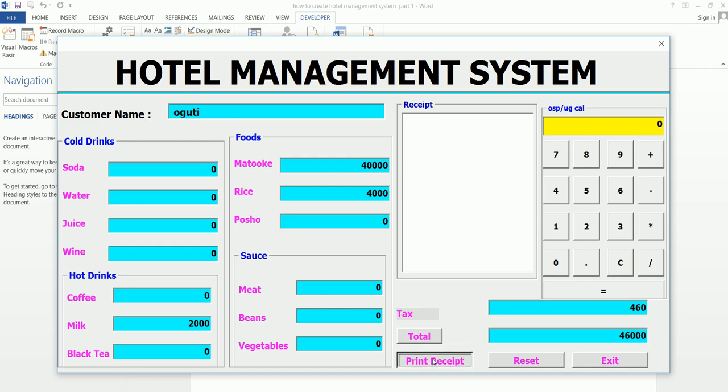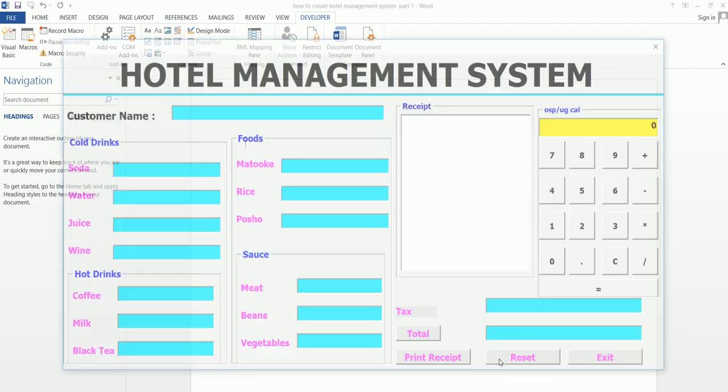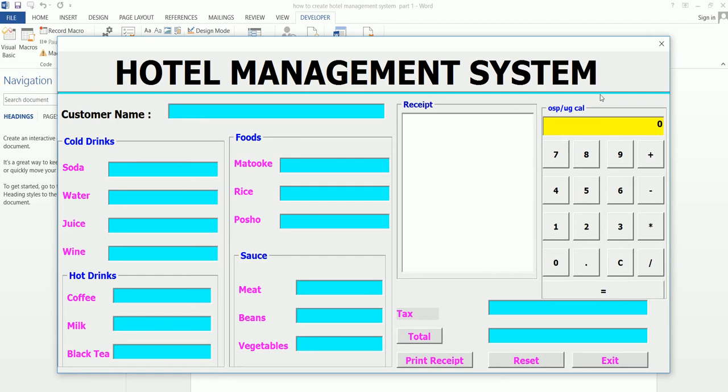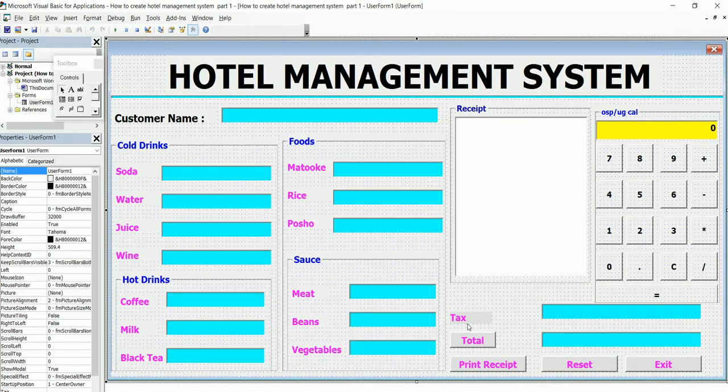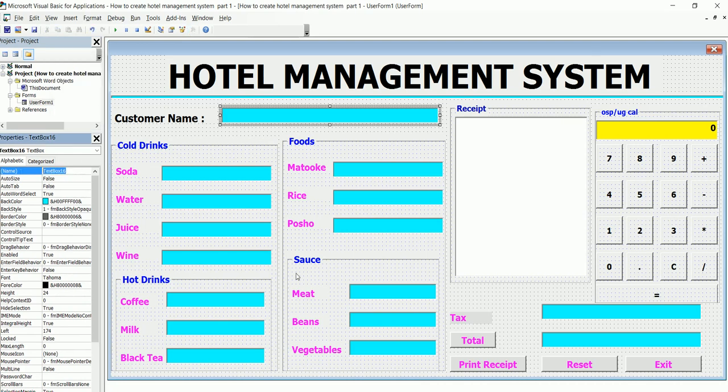So you can see the stuff is not working as expected yet. That's the part of the program we are left with. So let's go and handle that very fast so that we don't take a lot of time. To handle those kinds of pieces of the program, one thing we're going to do is cross check here: this is our text box 16, and if you look at our tax,